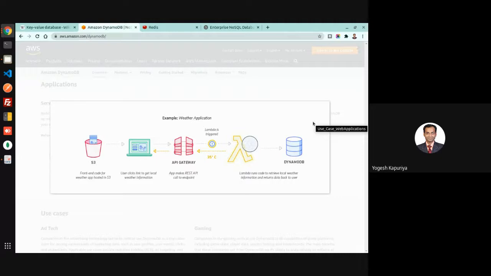The point over here is how this key and value will be maintained. The key will be a timestamp, and the value will be the weather information. That information can be temperature or humidity, or it can be anything. But what would be the key? The key will be the current timestamp. So this is how you can build a weather application.